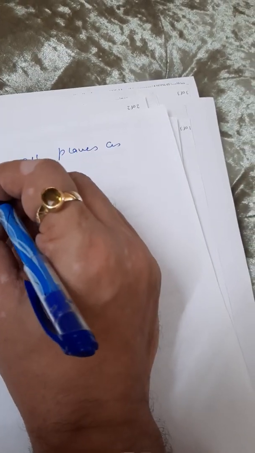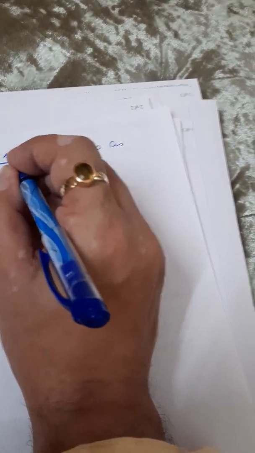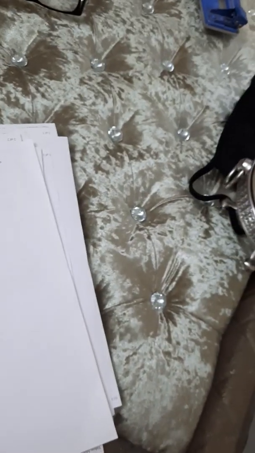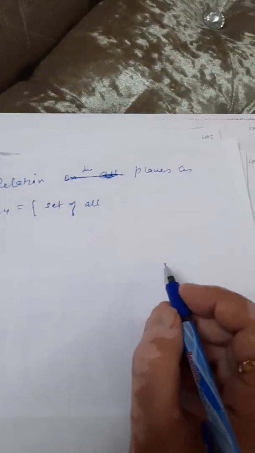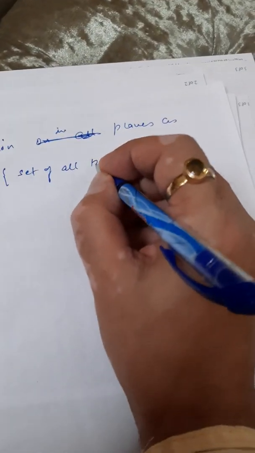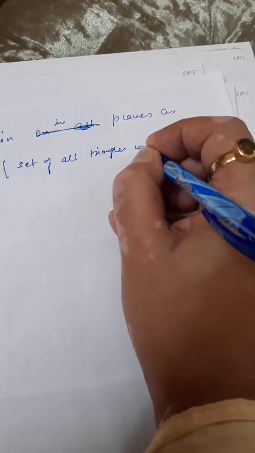Means many figures are there in a plane: a triangle is there, a square is there, many other plane figures are there. So the relation in the plane is on the set of all triangles in a plane